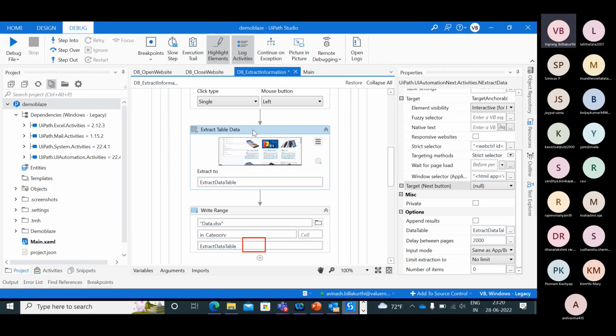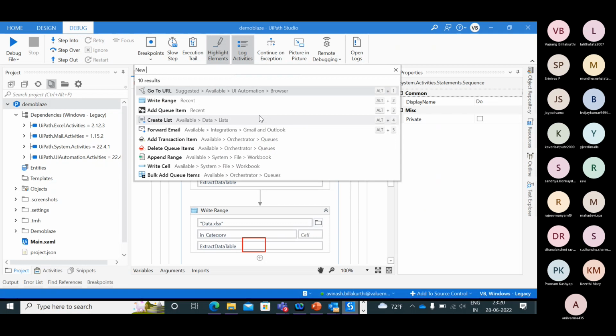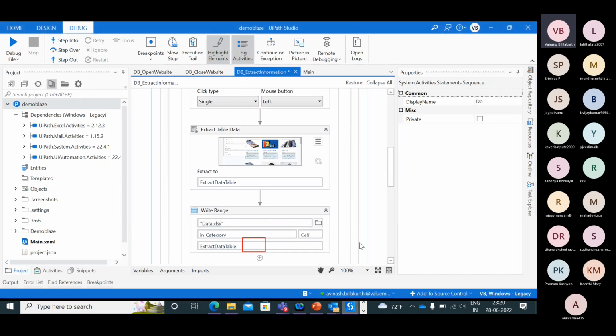So what I'll do, I'll create a new category table. What can we do? Assign. See, I just need to do one thing. After extracting one page, it needs to find the element.